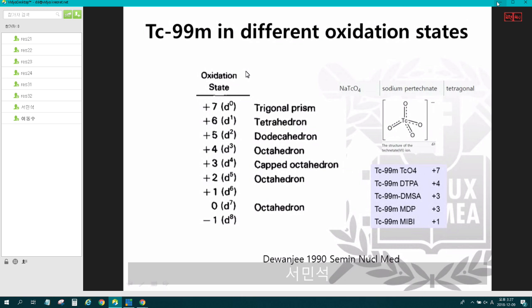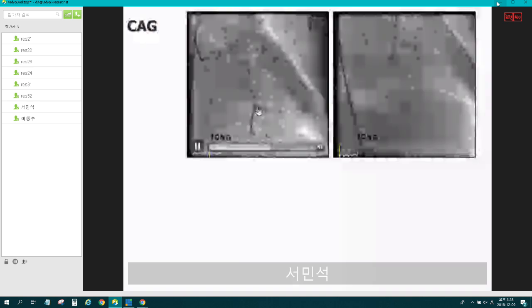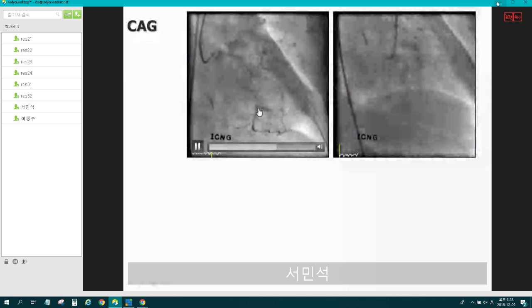Are we in the stress physiology? Do we suspect the left circumflex artery or right coronary artery with this kind of image? Why? Because interestingly here is the inferolateral wall, but the inferolateral wall does not have any wall motion abnormality, as we could see here, and also the right coronary artery is smooth.